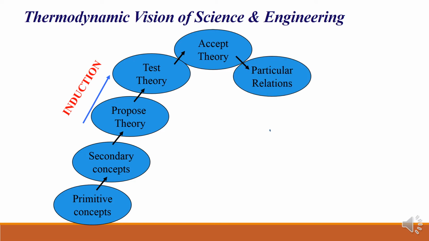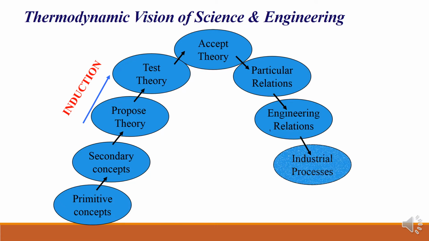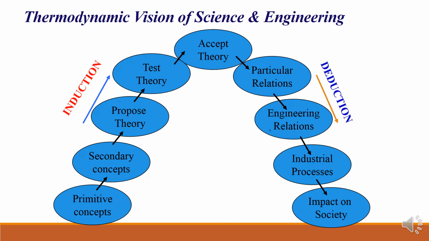So then you can say particular relations. After theory you can enter into mathematics and put some relations, equations for that, right? And then some engineering relations. Why engineering? Because that should be useful for designing some devices, equipment, right? Then industrial process. From that you can develop industrial processes which are feasible at large scale, right? And finally, with that process you are giving some product to society, right? So that is an important thing, right?